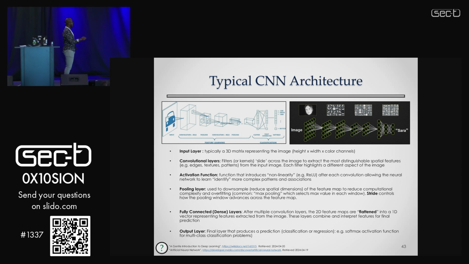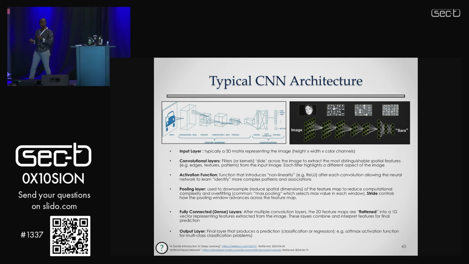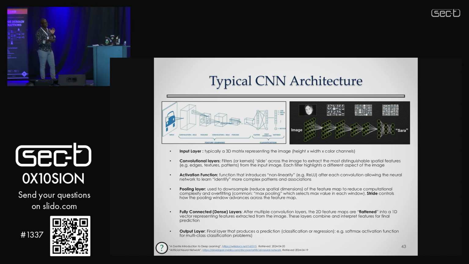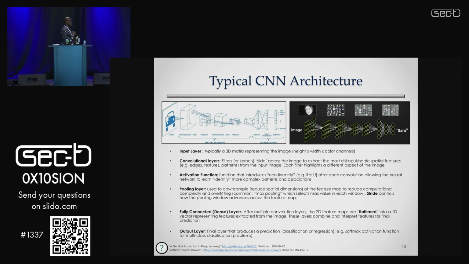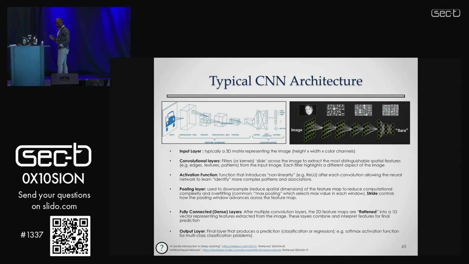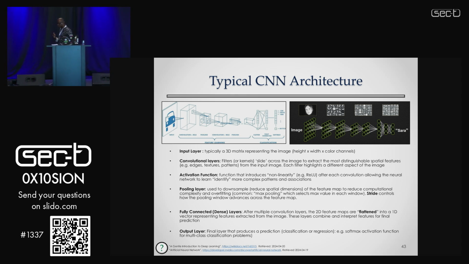Okay, then from that aspect, we now have pooling layers. Each time we do our convolution, we're getting more and more layers. So our pooling layer helps us flatten those layers to make it more simple again. It also helps us reduce overfitting. Overfitting is when our models learn too much from our training data, but then when I give it data it's never seen before, in our test set, it's not able to generalize well.